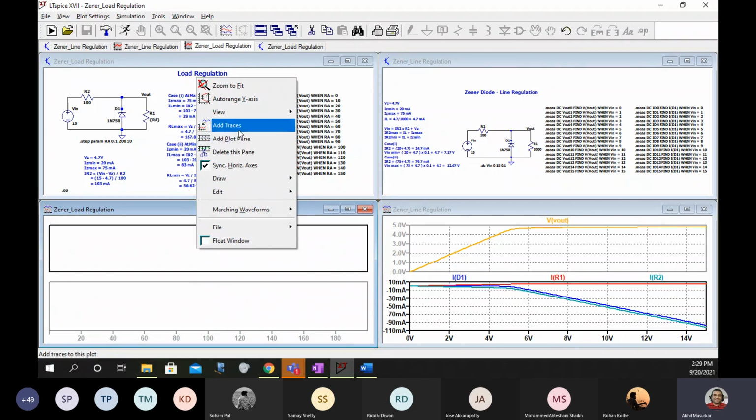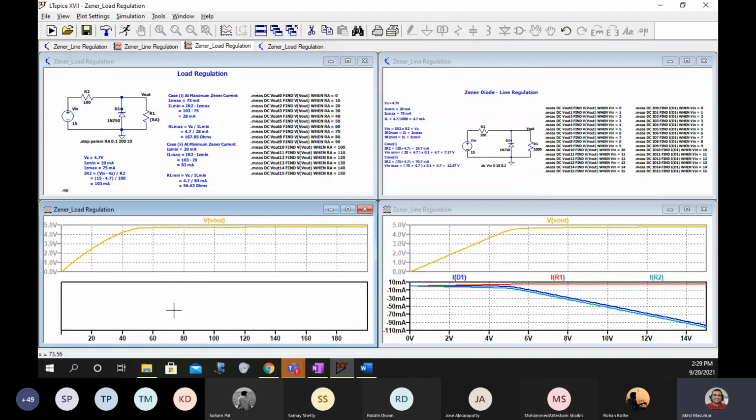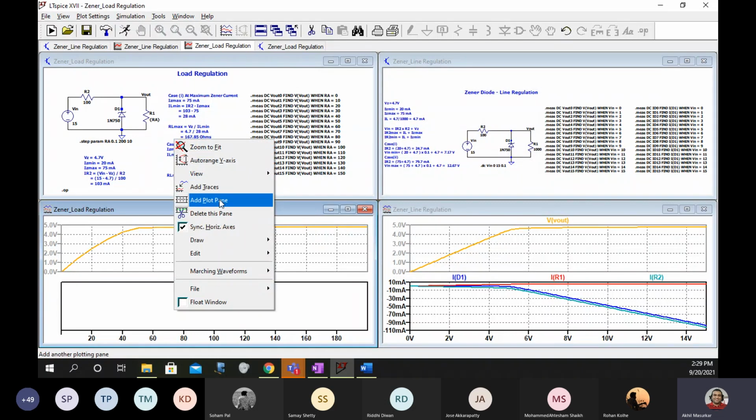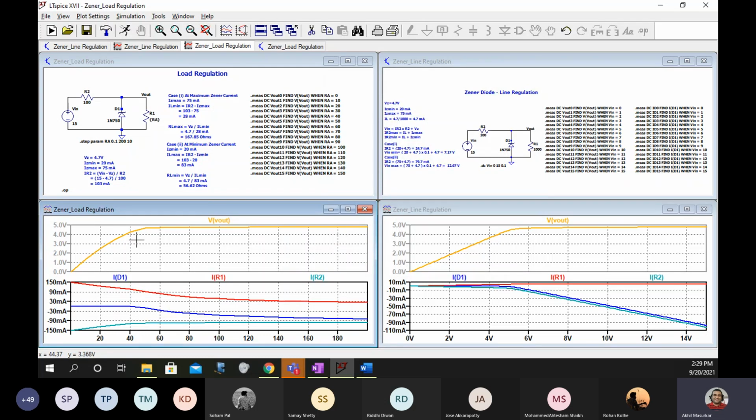In the first plane I am adding voltages. The second I will add. Riddhi, can you also post the error log file separately? Yes, sir.